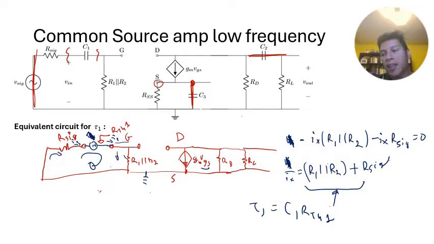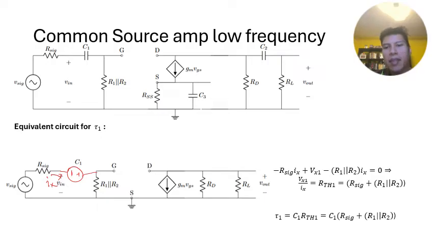Okay, so in the next slide, this is done cleanly. Here I basically just drew out the same thing that I did in the previous slide. And as you can see here, I got the same thing for R Thevenin 1. So now let's go to find the second capacitor